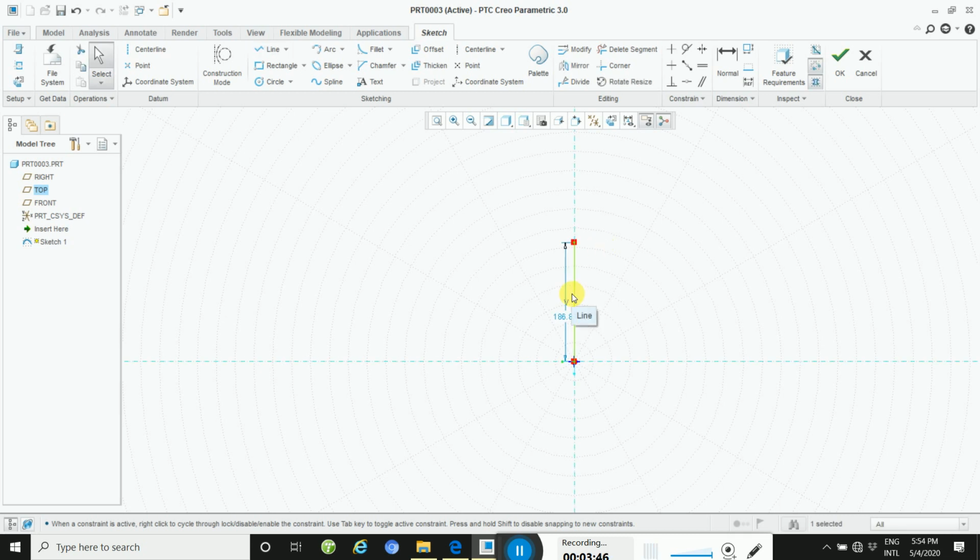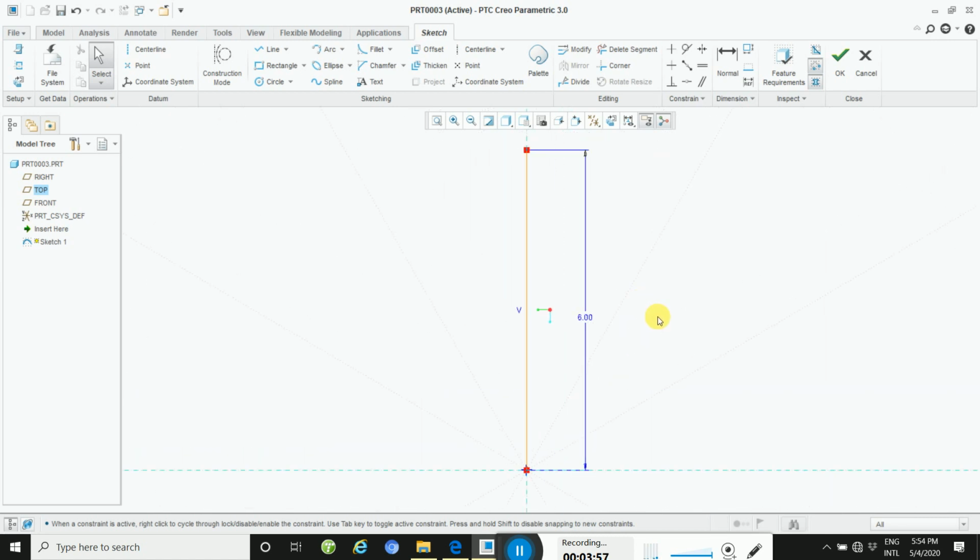Then define this dimension. Your dimension is 6 as per your drawing. Then take this line and draw, click here, and if you click this way, your line is not horizontal.